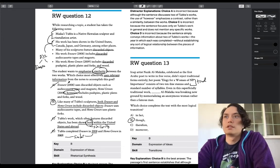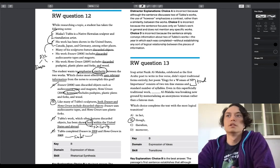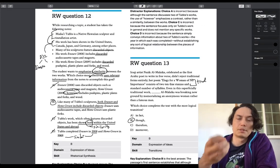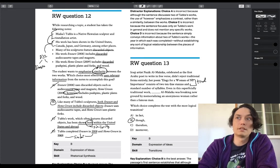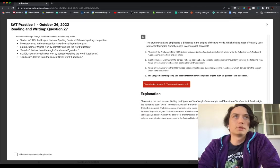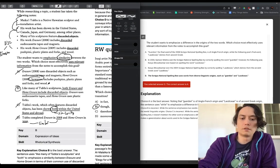All right, the prompt is that the student wants to emphasize a similarity between two works. Which choice effectively uses relevant information from the notes to accomplish its goal? Now, rhetorical synthesis questions, all the ones I've seen, have two major pieces to them. They have a criterion that they're trying to emphasize. We're trying to emphasize a similarity, and specifically a similarity between the two works. That similarity needs to be emphasized. And then you need to use relevant information to do that. This one's a little broad, but other rhetorical synthesis questions are maybe a little more particular about what you should do. Well, no, this is the exact same. Anywho, in this question,